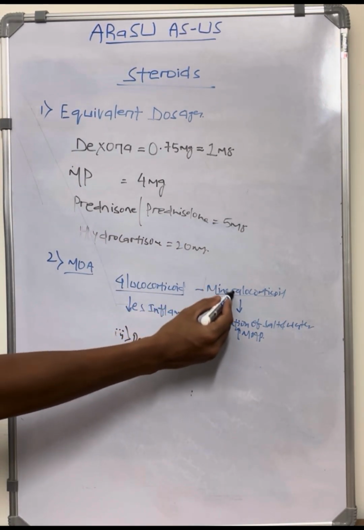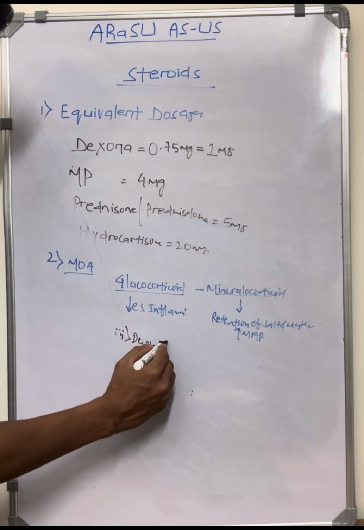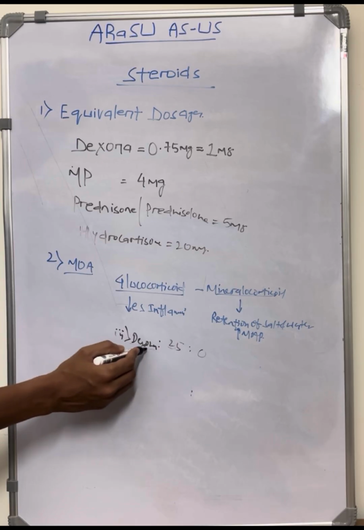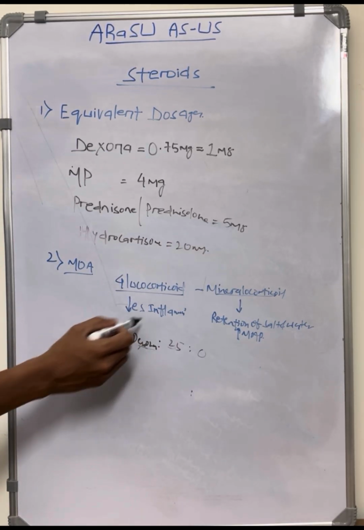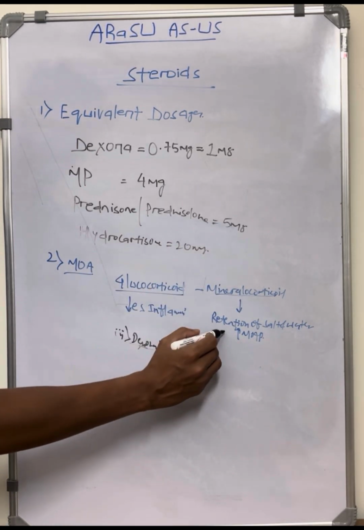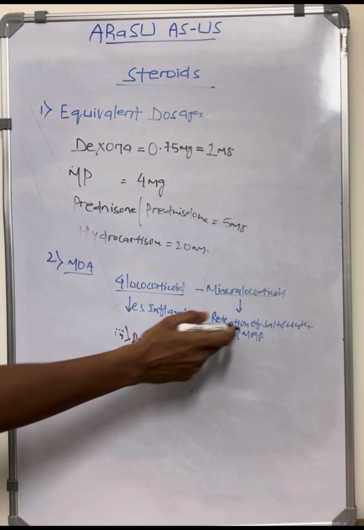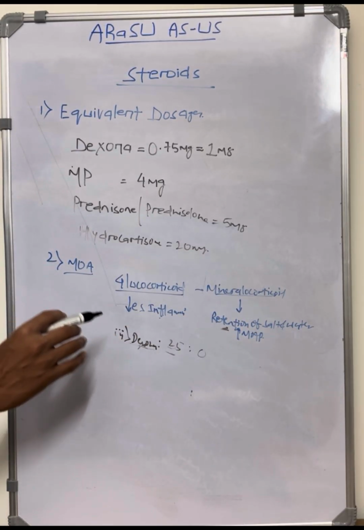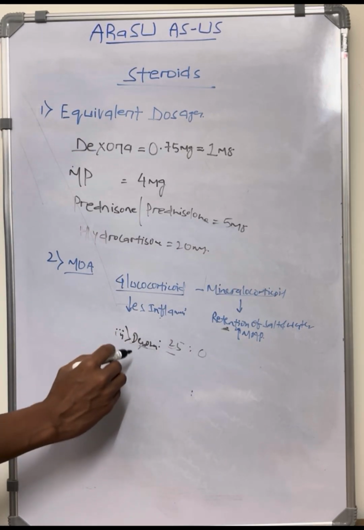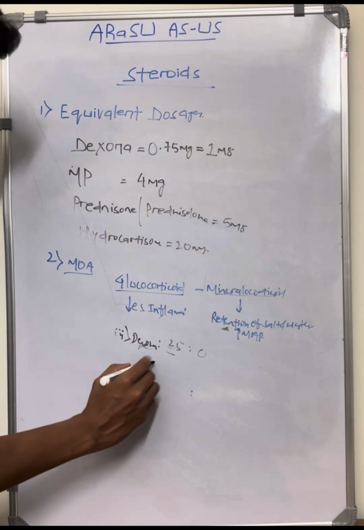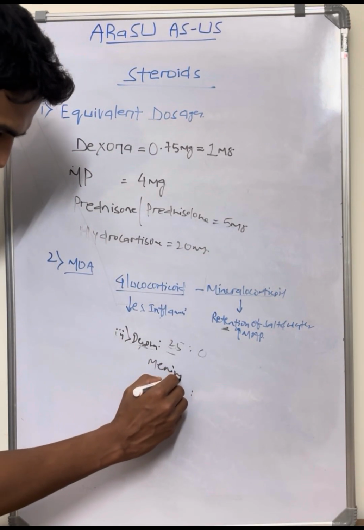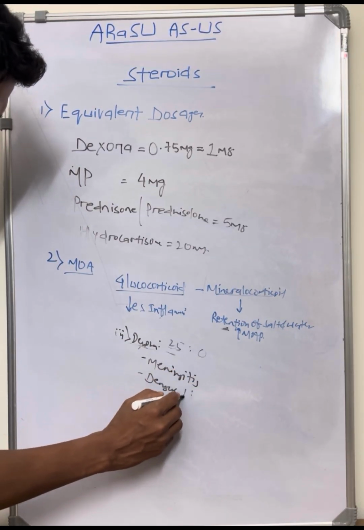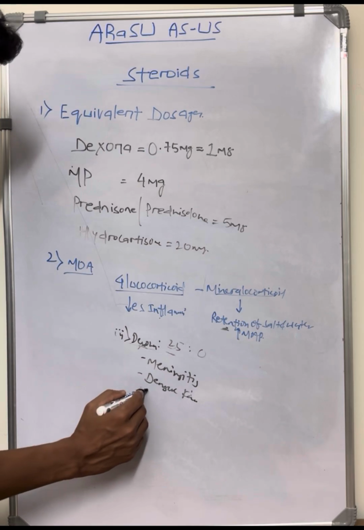the glucocorticoid and mineralocorticoid ratio here is about 25:0. So dexamethasone has completely glucocorticoid action but no mineralocorticoid action. So there is no risk of retention of salt and water leading to volume overload, but it suppresses inflammation with high potency. So it is used in life-threatening inflammatory conditions such as meningitis, even dengue fever, and laryngeal edema,